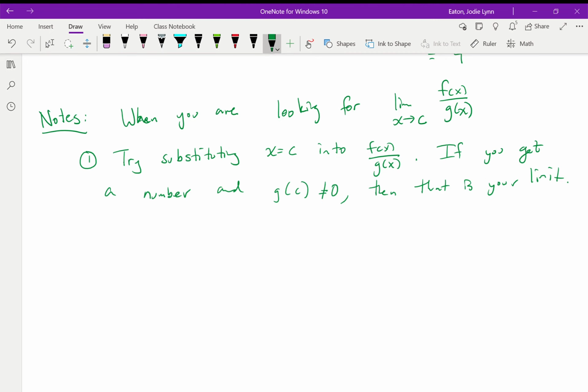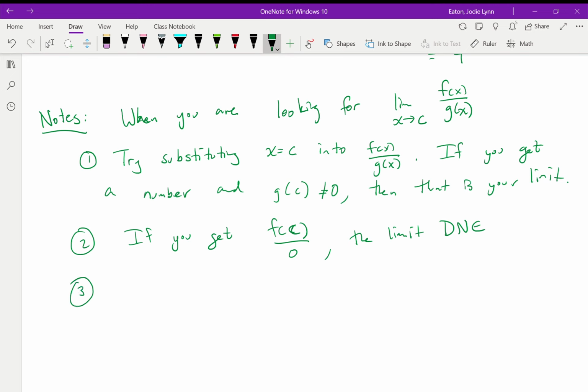Okay, if you get f of c over 0, the limit does not exist. So you get some number over 0, the limit doesn't exist. Okay, if you get